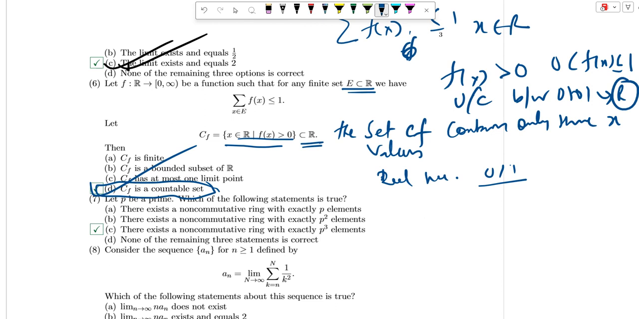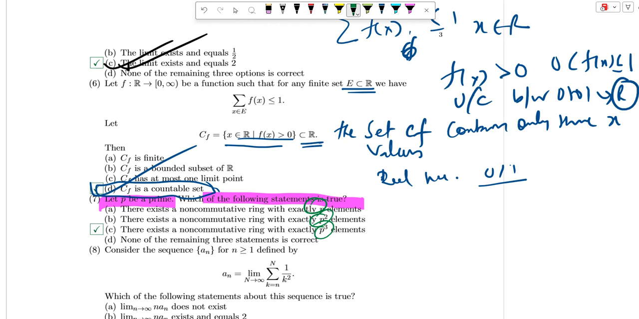Let's proceed to question number 7. Let p be a prime. Which of the following is true? Again a theoretical question. There exists a non-commutative ring with exactly p elements, or p square elements, or none of the remaining statements is correct. Okay, so